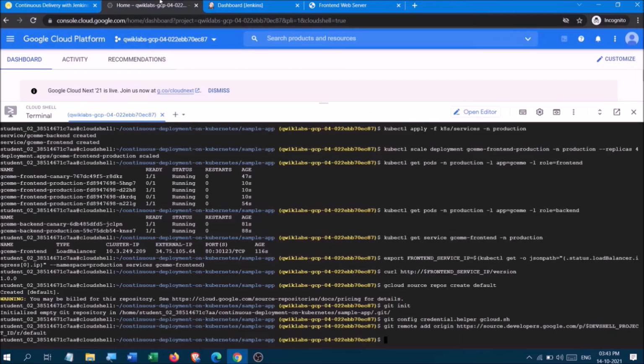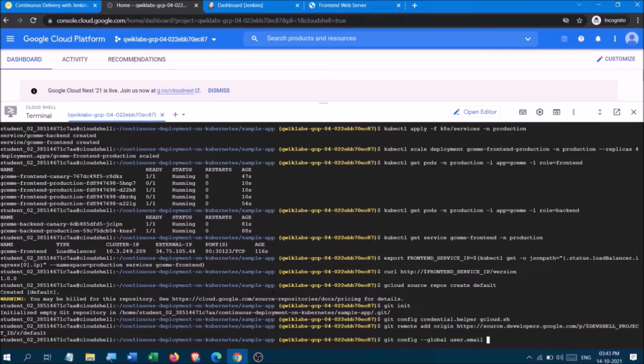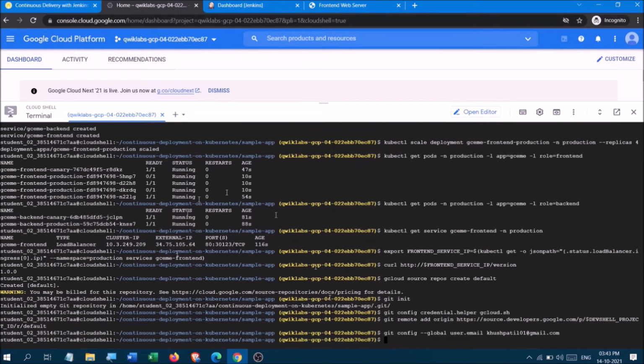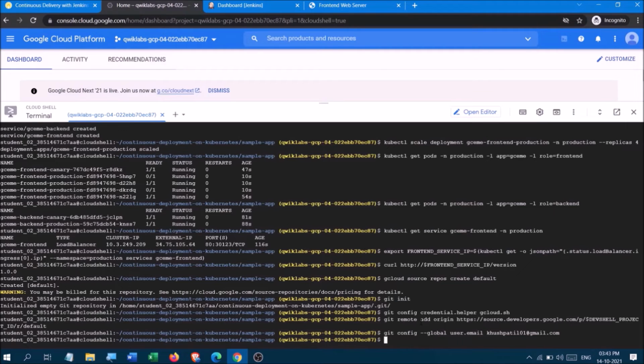Now copying the GitHub email ID. So my email ID is, look for the command. Okay, copy. This is the email ID and I have to copy the username. So the username of my account is, so you have to paste your account username and email ID.